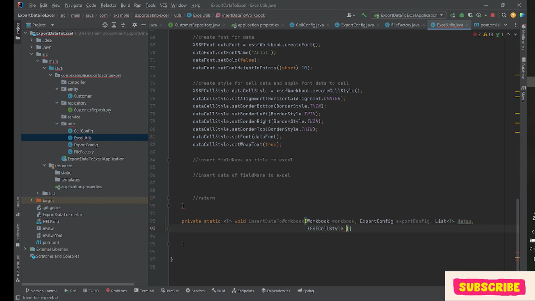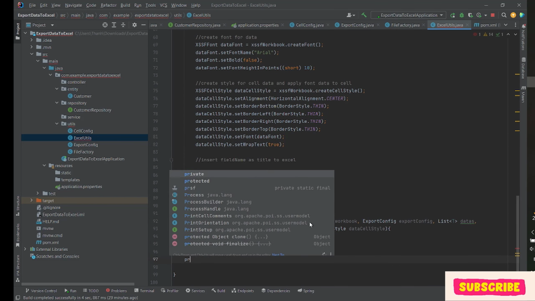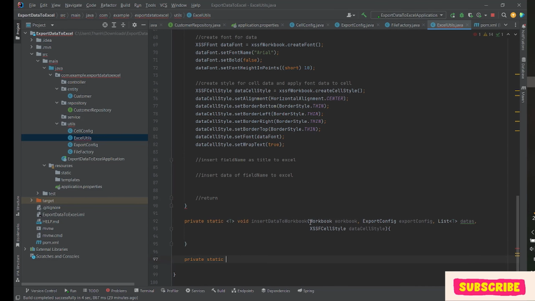Here is data sales style. So for the insert data to workbook, we will write the method to insert data to workbook, and another method is static void